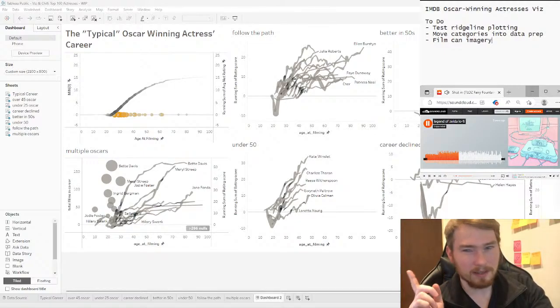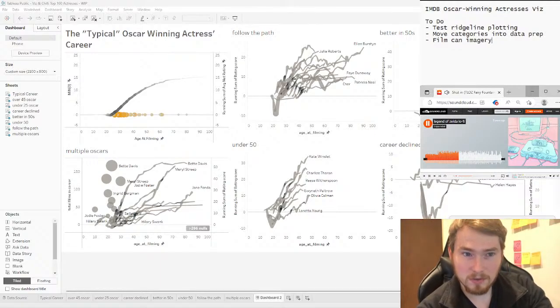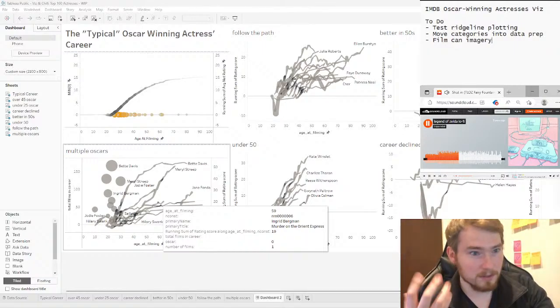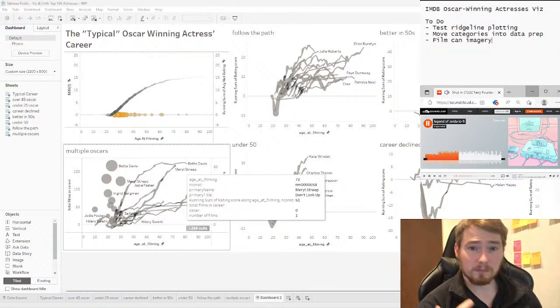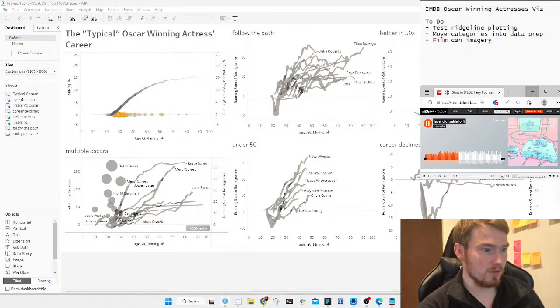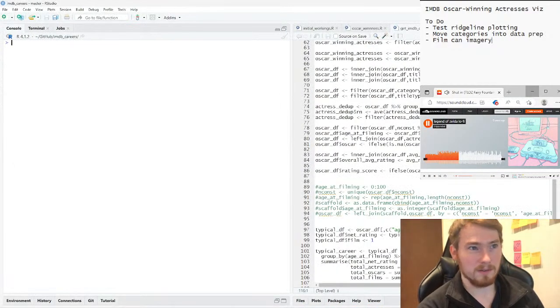I have an outline here just above me of what I'm anticipating doing with this work this time. But let's get back into it. Let me remind myself and you what we were all doing. So we're using Tableau to build a visualization of a dataset we are constructing using R.